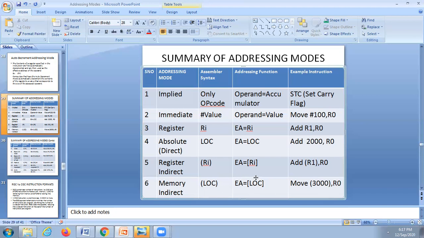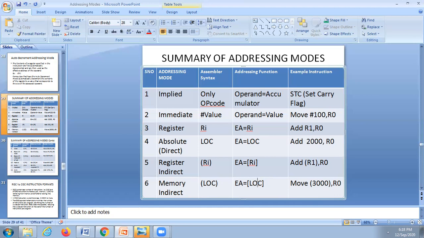Here you see in the absolute addressing mode, the effective address is LOC, whereas here the effective address is LOC within the brackets. That means the effective address is available in the location LOC.